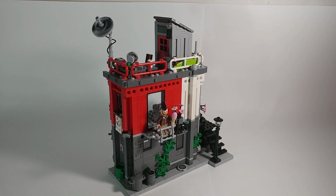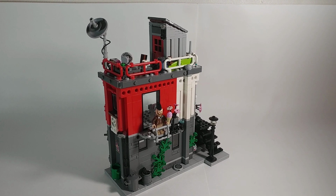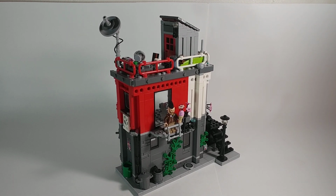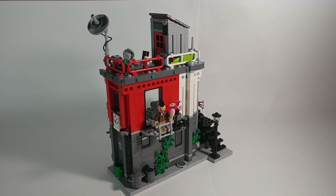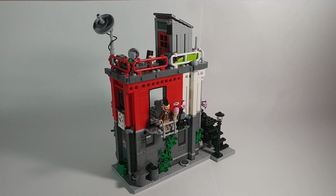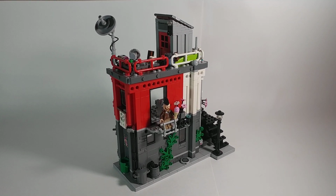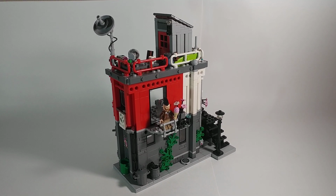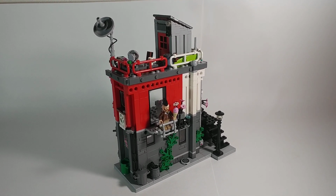Hello guys, this is Nathan, and this is my latest LEGO creation, and I simply like to call it the Cyberpunk apartment. So, I was bored, and I wanted to do something cyberpunk, and I also wanted to do something rather small and quick. So, I just decided to run through some different color combinations, and I ended up with white and red. So, I ended up designing this apartment that was going to be half red and half white,